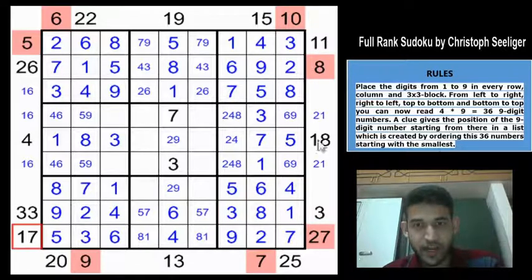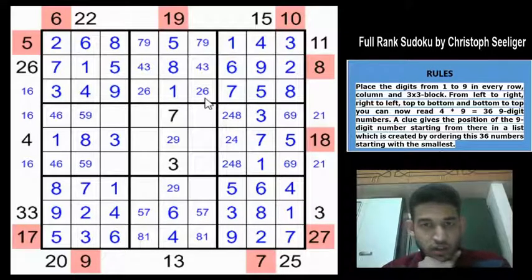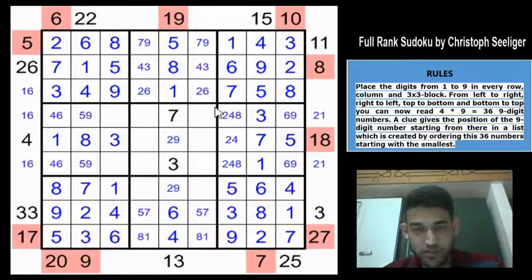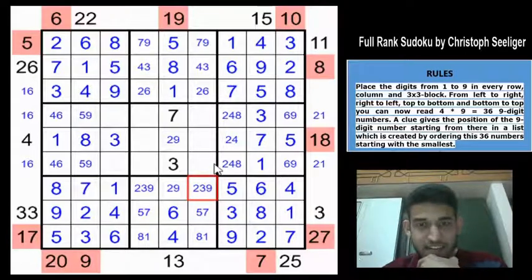So 17 and 18 are used now, so we'll highlight them. They are not going to give us any more information, and 19 is also not useful, and 20 clue is greater than the 19, so they are also not useful. Let us make some more candidates. 1, 7, 8, 4, 5, 6, so remaining are 2, 3 and 9 along row 7. So almost filled in the Sudoku, but still it is hard.